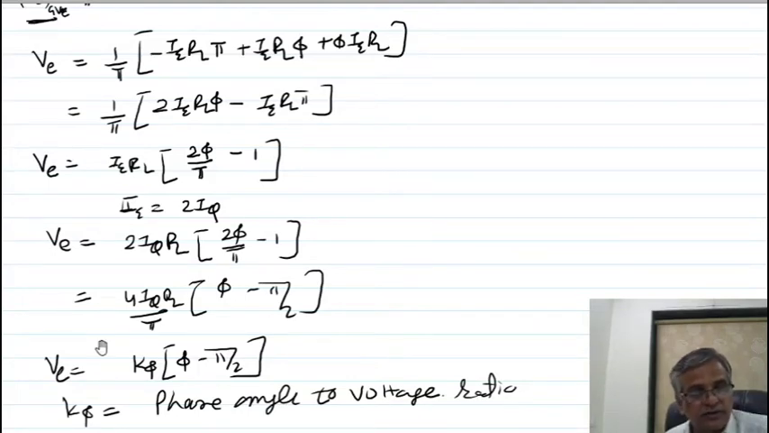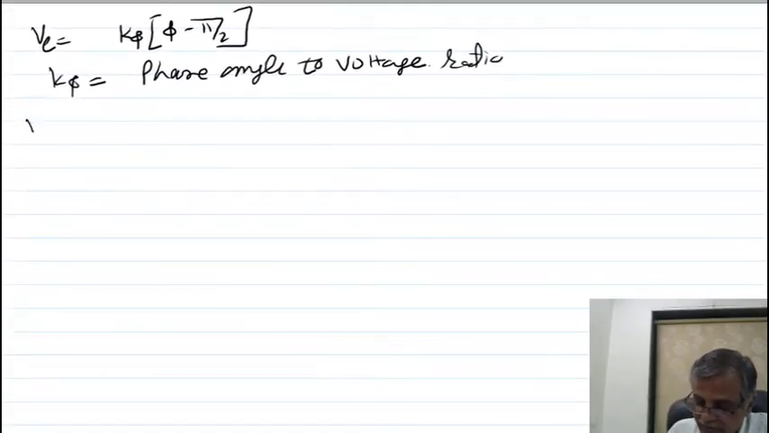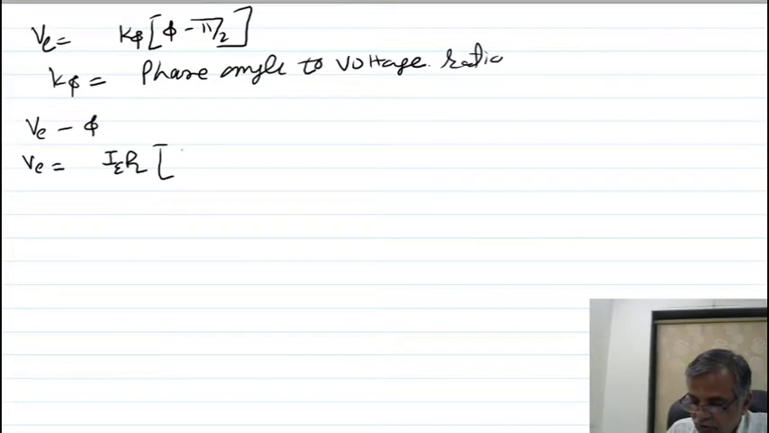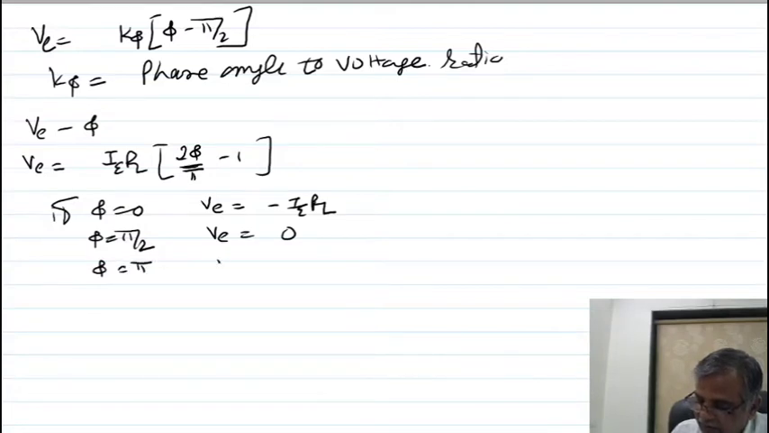See, I am drawing the graph of V versus phi. We know the equation V is nothing but I R_L into 2 phi upon pi minus 1. If phi is 0, then the output voltage is minus I R_L. If phi is pi by 2, V is 0. If phi is pi, then V is plus I R_L. So if you plot the graph of